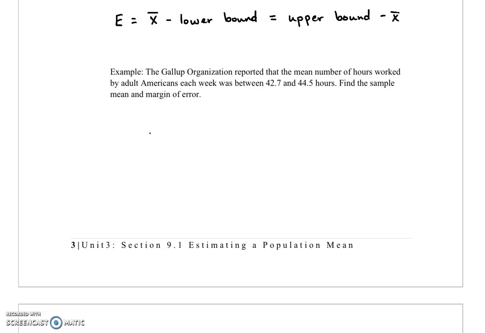So here, the sample mean is given by the lower bound plus the upper bound divided by 2, which is 42.7 plus 44.5 divided by 2, or